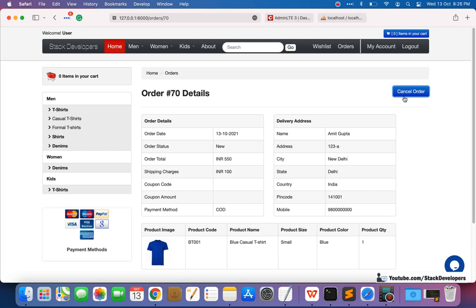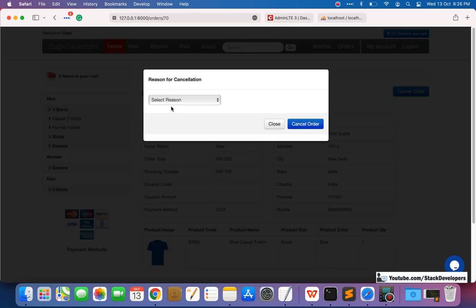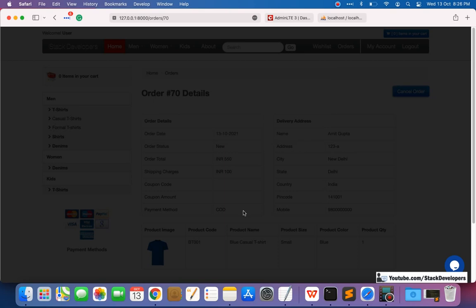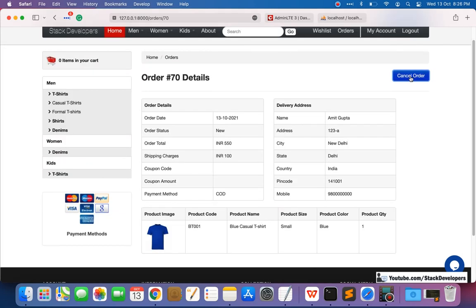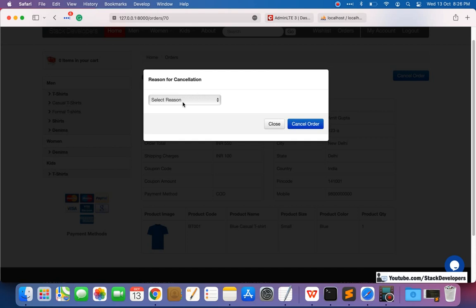And then we are going to make here the return order tab. For the delivered orders, once the customer clicks on return order, we are going to show two options, not one. One is we will show the items. If there is only one item, we show that one item. If there are more than one item, we show that number of items. We can show a drop down or a radio button. It's our choice.